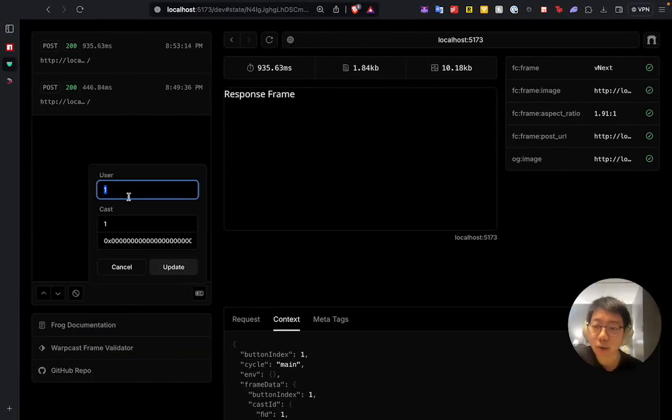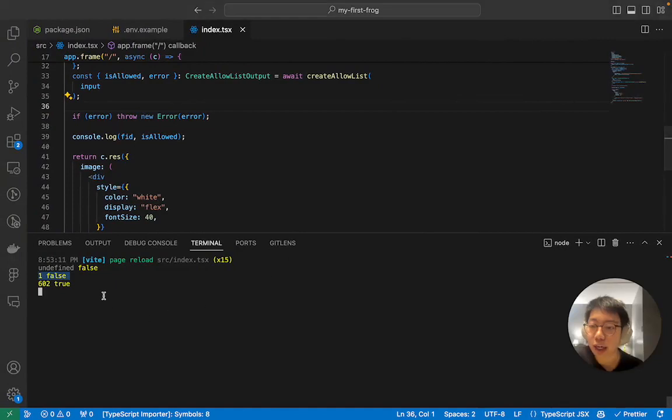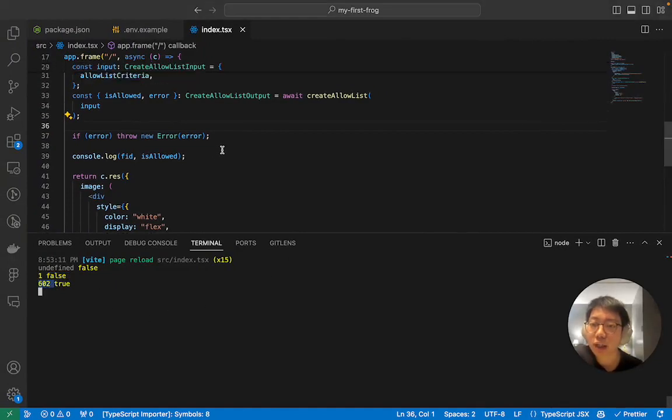But in here we can also change the user FID that we're using to simulate the user interacting with it. So let's make an update in here, and this should instead return true, because it fulfills all the requirements for this particular user. As you see right here, for the FID 602, it's going to give true,